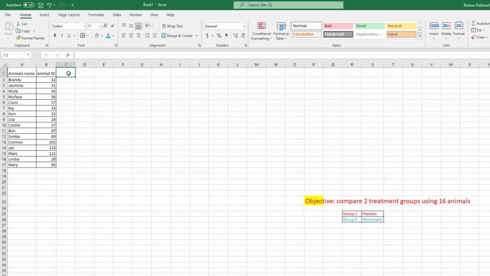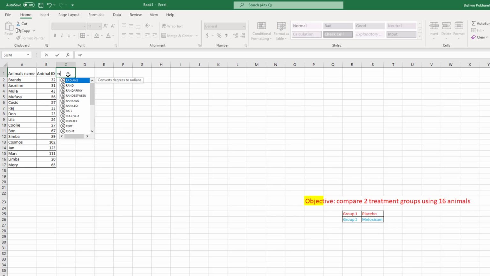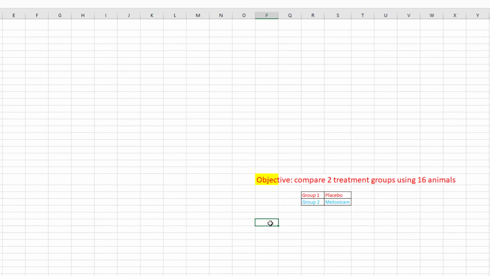So now what we can do is, we don't worry about body weight, we don't worry about sex, we don't worry about anything. We are just assigning these 16 animals to 2 treatment groups randomly. So what we can do is we can use an Excel function called RANDBETWEEN. So before that, let's make a rule. So our rule is,